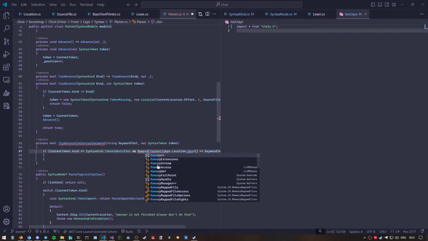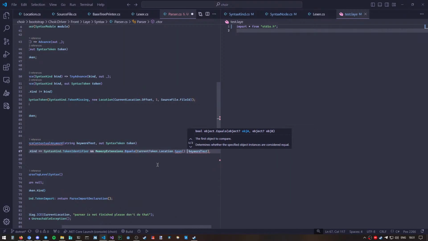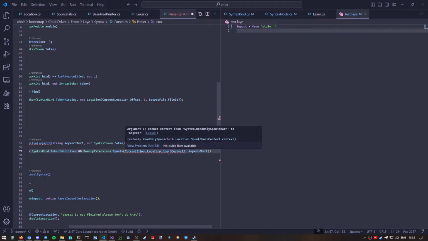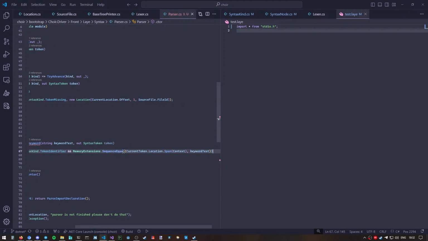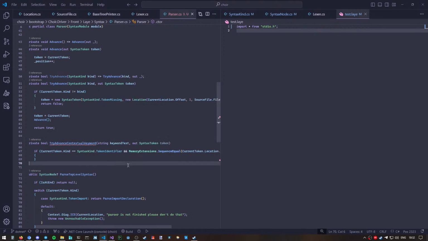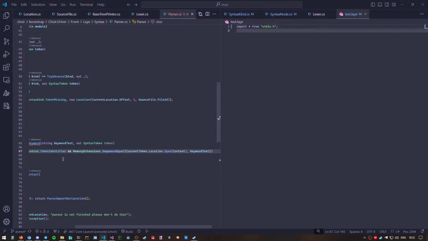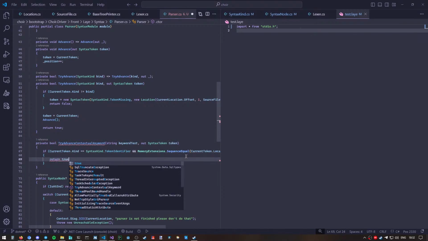So I'm going to instead say memory extensions equals the span in context this. Memory extensions is equal, and that'll take read-only span, other. Cool. So if it's an identifier and it's actual physical source text, this is probably not the greatest way to do it, but for right now, if its physical source text matches the keyword text, then we can return true,